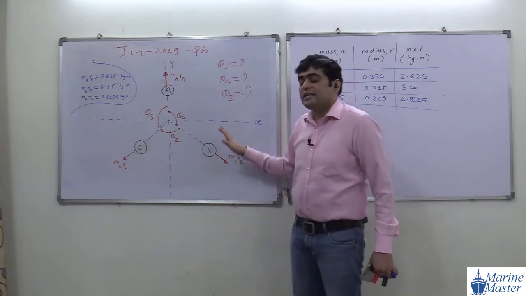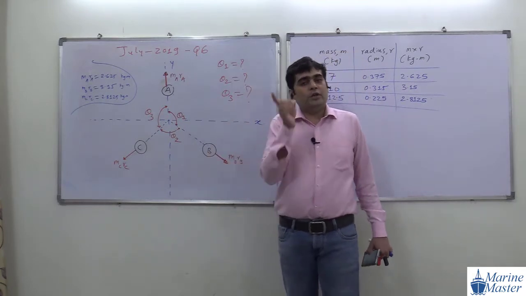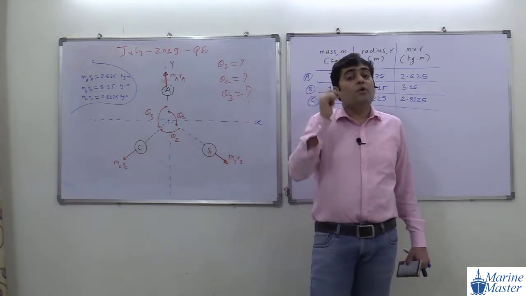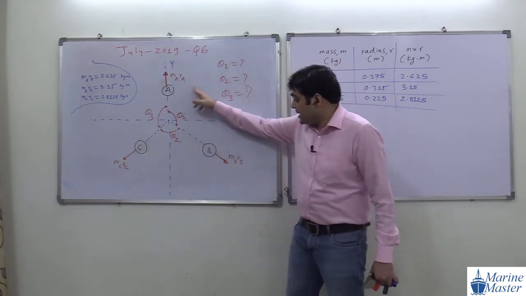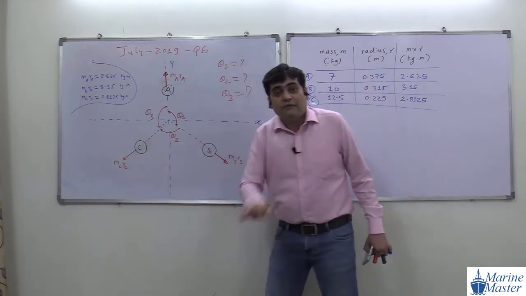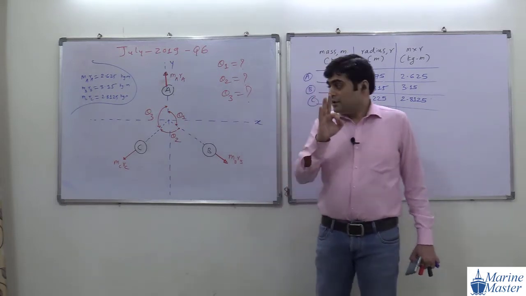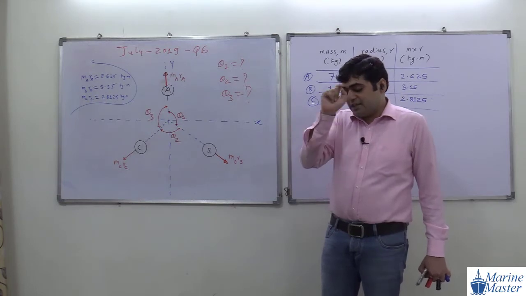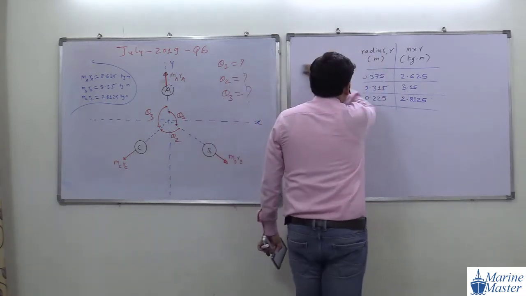So here we have a balanced system, a coplanar concurrent 3 force system in equilibrium. These 3 forces, MARA, MBRB and MCRC, will form a closed triangle. That is what we studied. Now how are they going to make a closed triangle? Try to see the point.